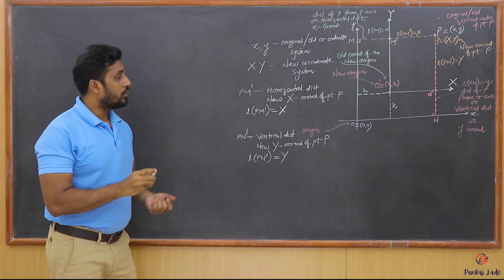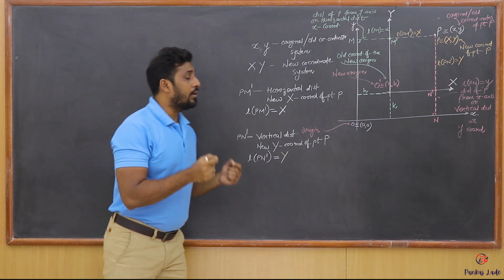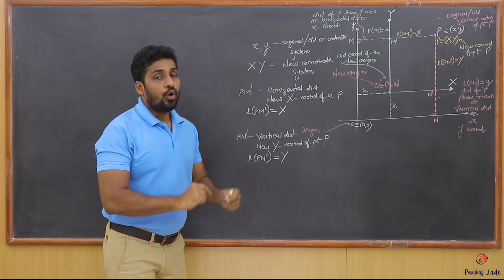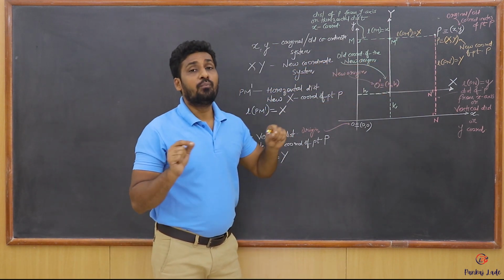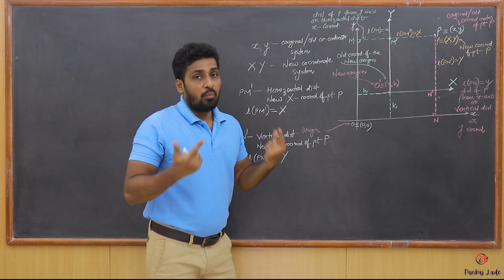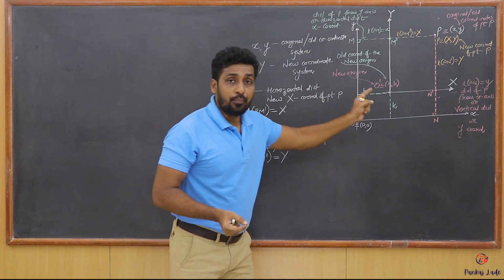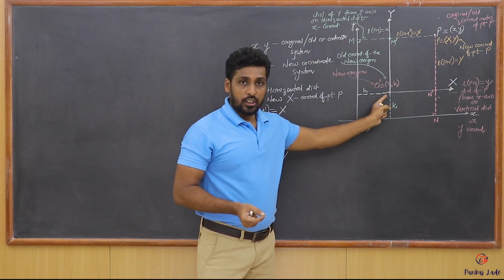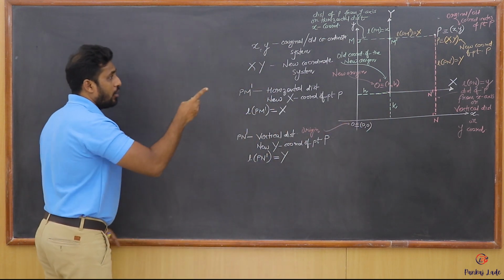Now students, observe the diagram very carefully, because now we are going to develop the formula. We are going to develop the relation between the old and the new coordinates. The point P is the same point, isn't it? I have simply found its old and the new coordinates, but it is one and the same point. So there must be some relation between the old and the new coordinates of the point P with respect to the shifted origin, whose coordinates are h, k. So now I can say from the diagram,